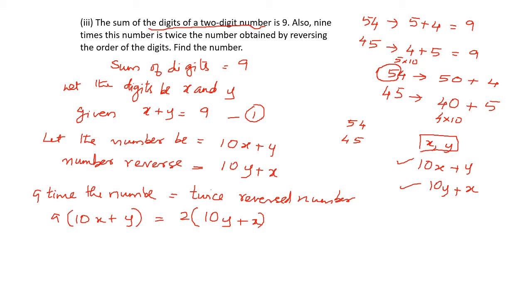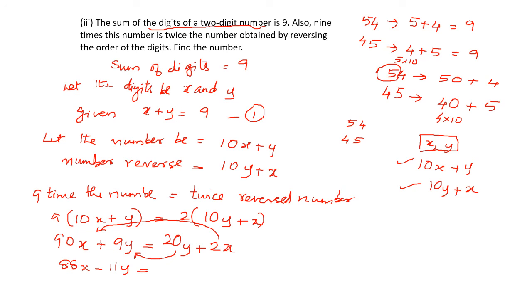Okay. Now let us multiply. 9 times the given number is equal to 2 times the reversed number we have written here. Now let us open the bracket. We get 90x plus 9y is equal to 20y plus 2x. Now if we take all this to the other side, 2x becomes minus 2x. 90 minus 2, 88x. And 20y becomes minus 20y. Plus 9 minus 20, you will get minus 11y equal to...